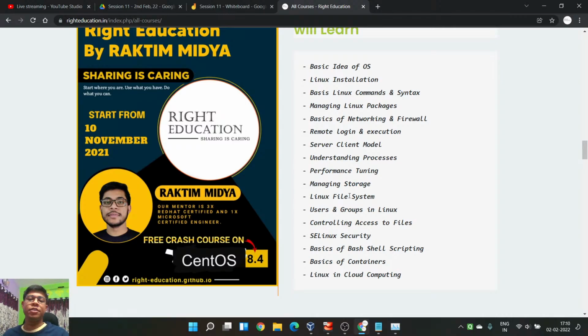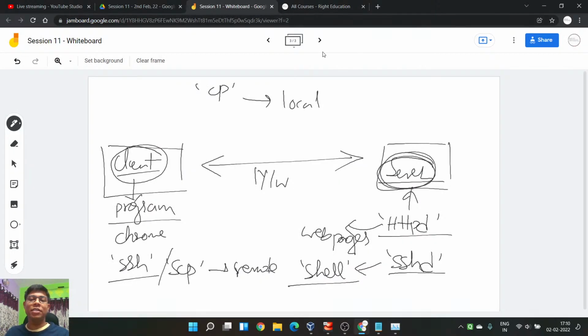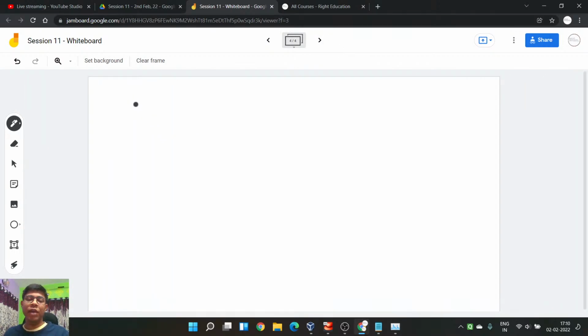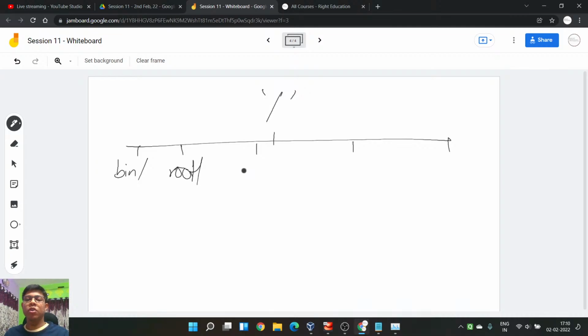Managing storage, the Linux file system. If you talk about just the Linux file system, like navigating the file system, it was pretty easy. We have the slash, and we have a lot of directories. Let's say one was bin, one was root, var, and one was usr. Each and every folder has its own representation. If you want to go very deep into this, you can, but in most cases you will see there is no need for this. When you are working on Linux, just from an OS perspective, these are folders and we are storing data.